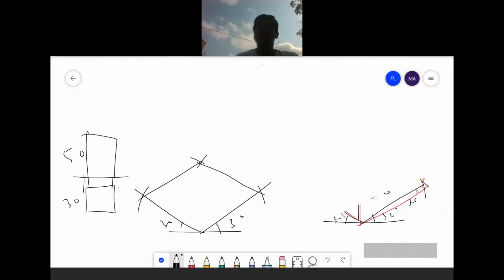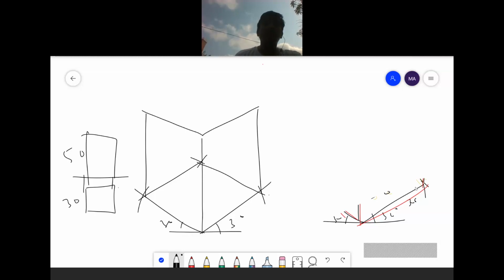After that, the given height is 50 mm. From here you are extending 50. Here you are extending 50. You are extending 50, 50 mm. Why? Because the given height is 50. Again, I'm joining this one and this one. Again, I am extending 50 mm from here, and I'm joining this one. Understand?